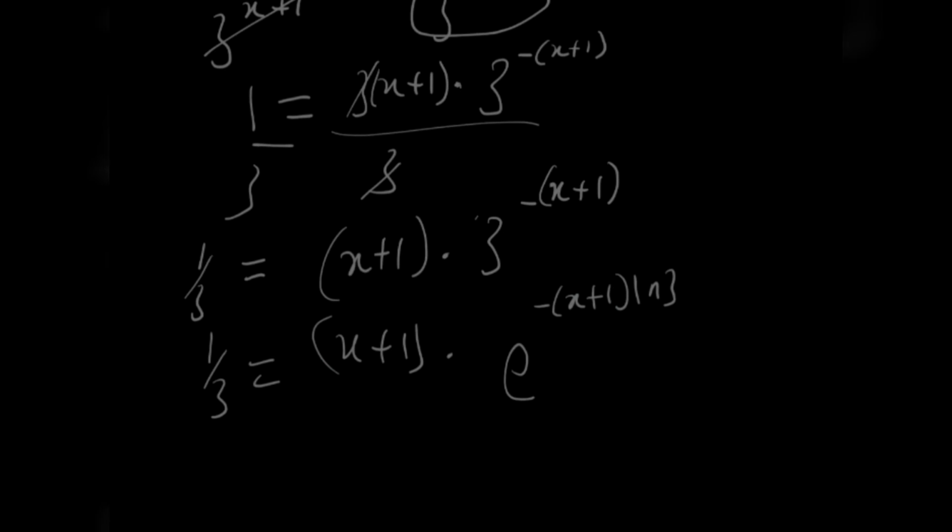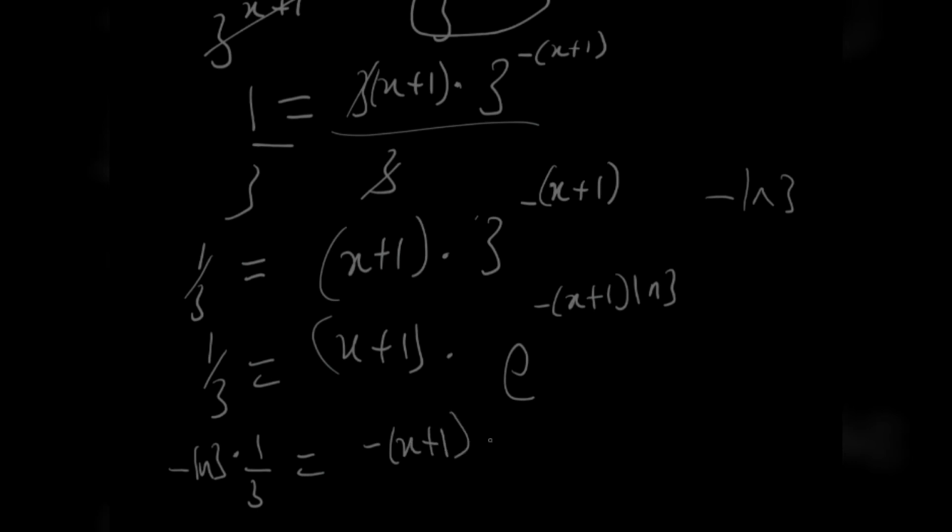They should be the same thing according to our principle. So we have negative of x plus 1 ln of 3, but this term is only x plus 1, so we just have to multiply through by minus ln of 3. That's all. So we multiply this side by minus natural log of 3, so multiplying 1 over 3